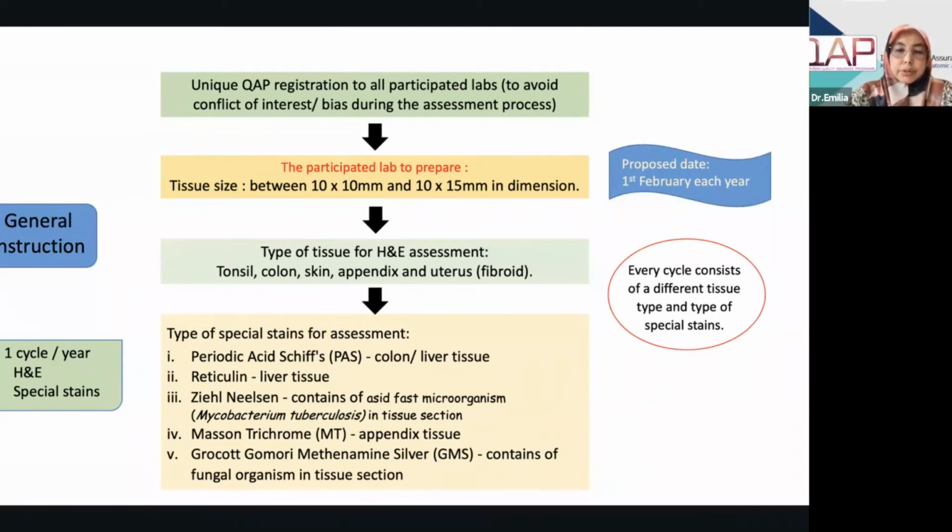So this is the general instruction that will be given to the participants. Number one, to avoid conflict of interest or bias during the assessment process, a unique QAP registration number will be given to all participating labs. So we don't know whether it is Hospital USM, Hospital Kuala Lumpur or HRPZ, because we just receive the slides with the unique number. And all the participating labs, this is slightly different